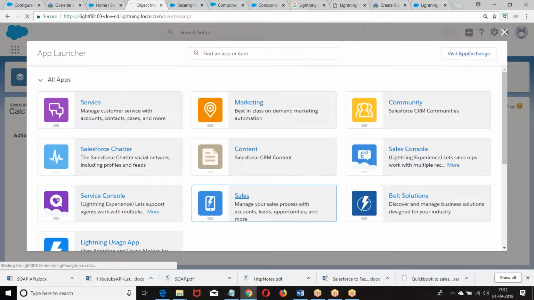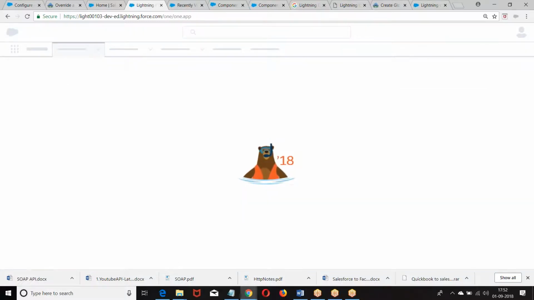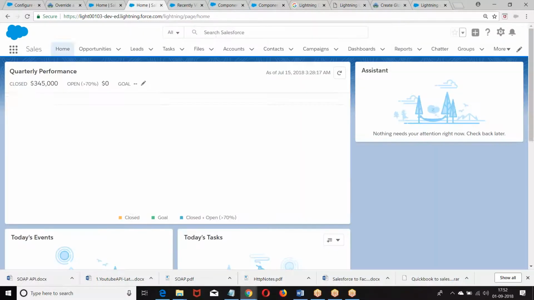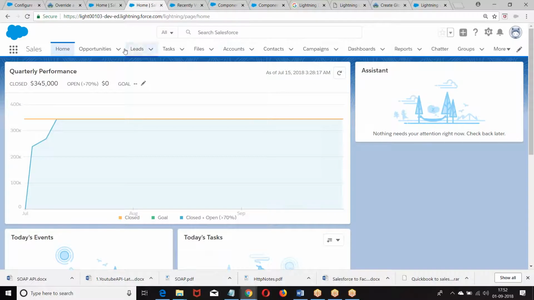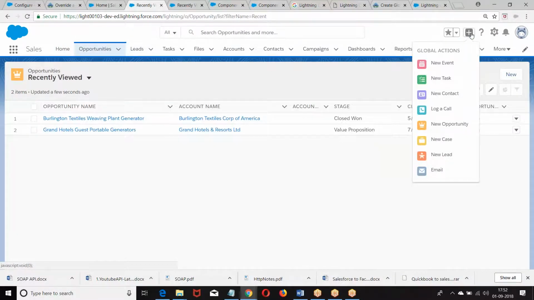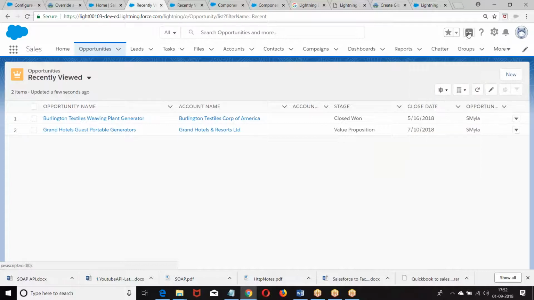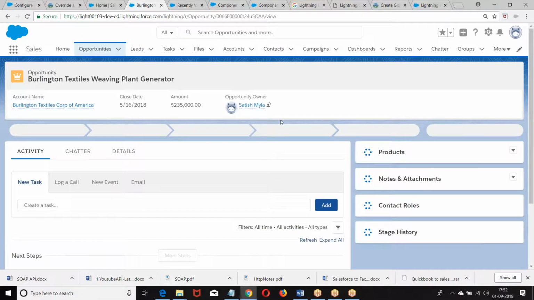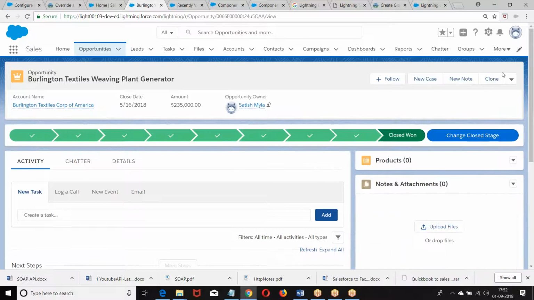We didn't create any functionality. We just created a simple component. We started giving functionalities on that. So go to the plus sign. Now is it added here? We have created a global action. We are supposed to go and create